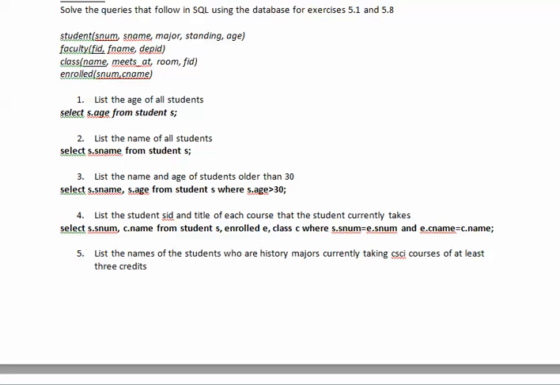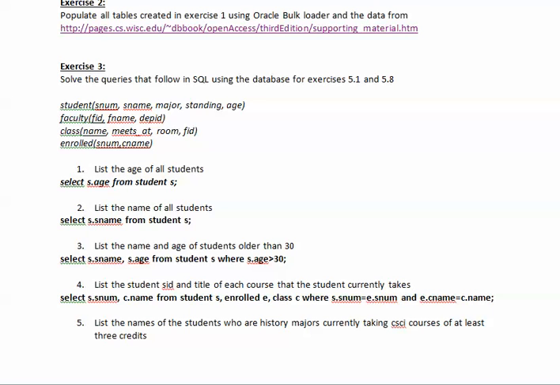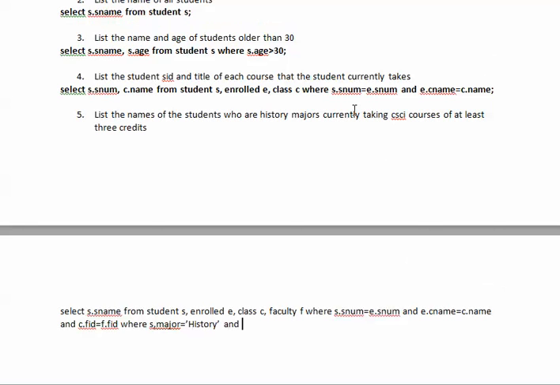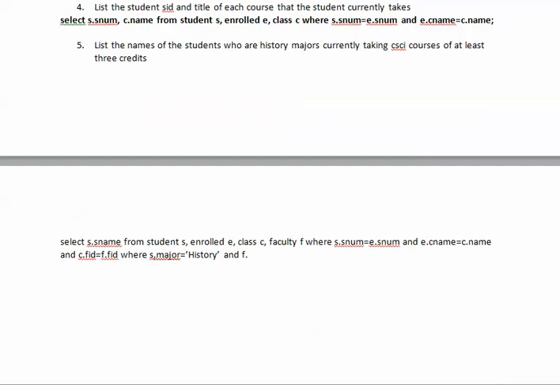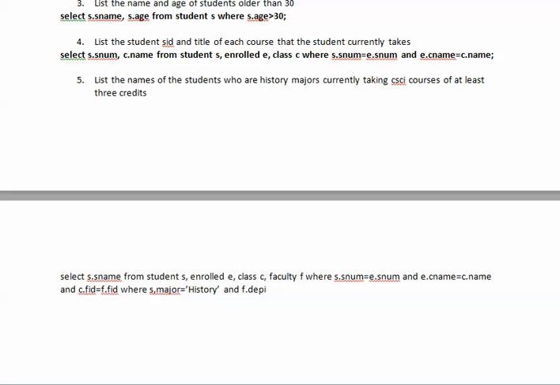And let's see if we can get the credits. You know what? We don't have the credits here for classes, so we will ignore that because we don't have it. I mean, I copied that from the previous thing, so ignore the one for credits because we don't have that information. And then now we will say that the faculty F.dep ID equals